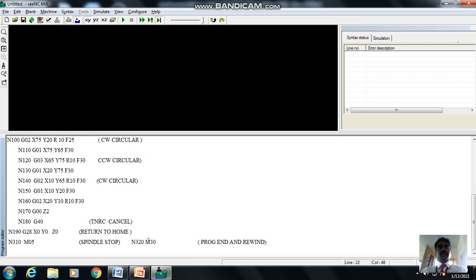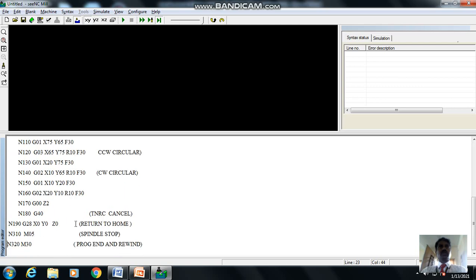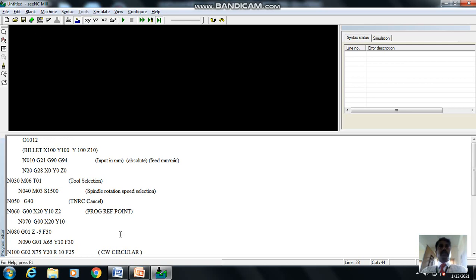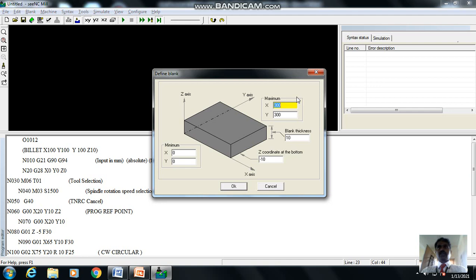Once I make it, then I have to assure that everything is right. Then we are going for making the size of this. This is the simulation we are going to do. Here it is given as 85 and 85, so that is fine. So what is the maximum sketch? It is given here as 85, that we will make as a blank, going for selection of the blank. So here this is the lower corner. Now 3 axes will be there, X, Y and Z direction. So for X, this is a corner I want to make as the origin.